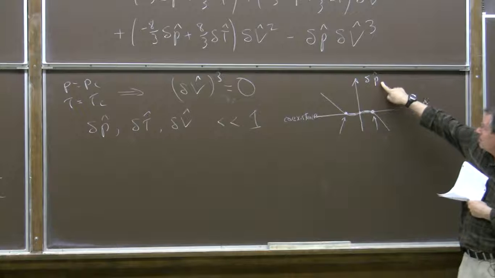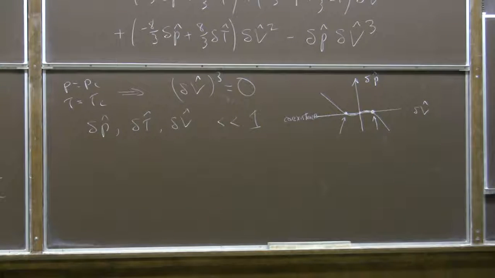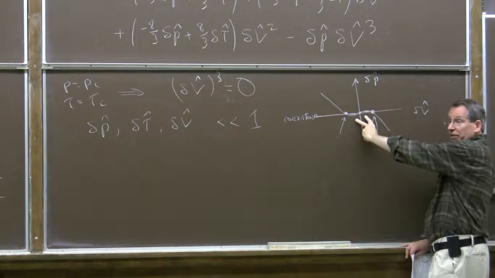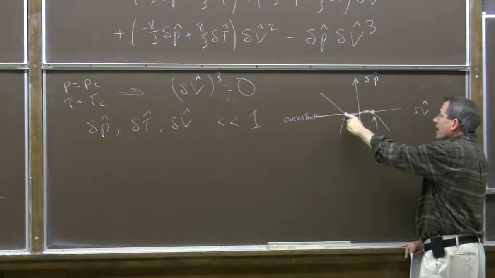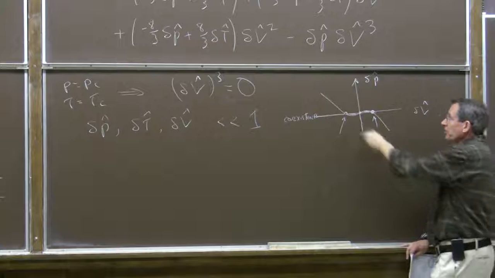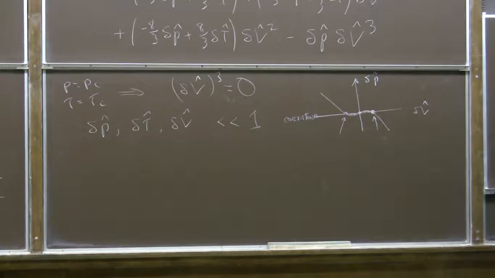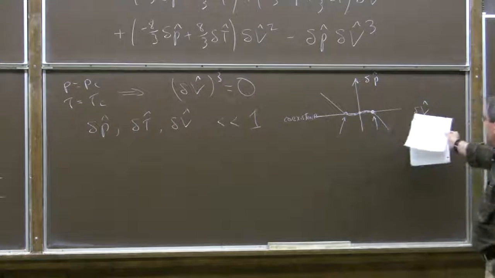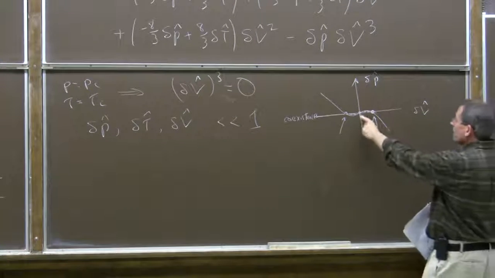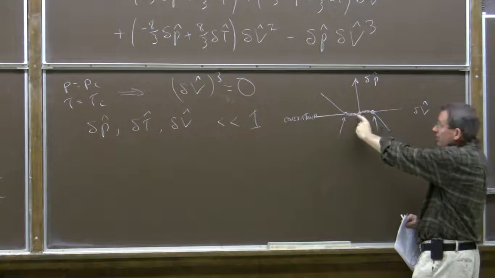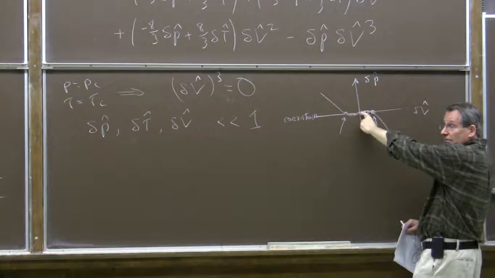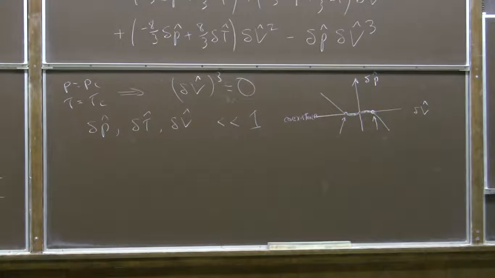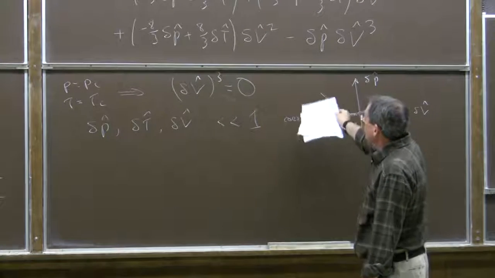So once I've adjusted delta p hat to be at the coexistence value for a particular delta tau hat, then the equal area construction guarantees we're going to get a picture like this, where the 3 roots are at plus and minus some value and at 0. Because that's how we get these areas to be equal. Well, it's a cubic. It's going to look like a cubic when everything's small. Okay? And so equal area just means that these 2 guys have the same absolute value, and the third root is 0. Okay? So if you look at our equation, that tells us how to ensure we're at the coexistence